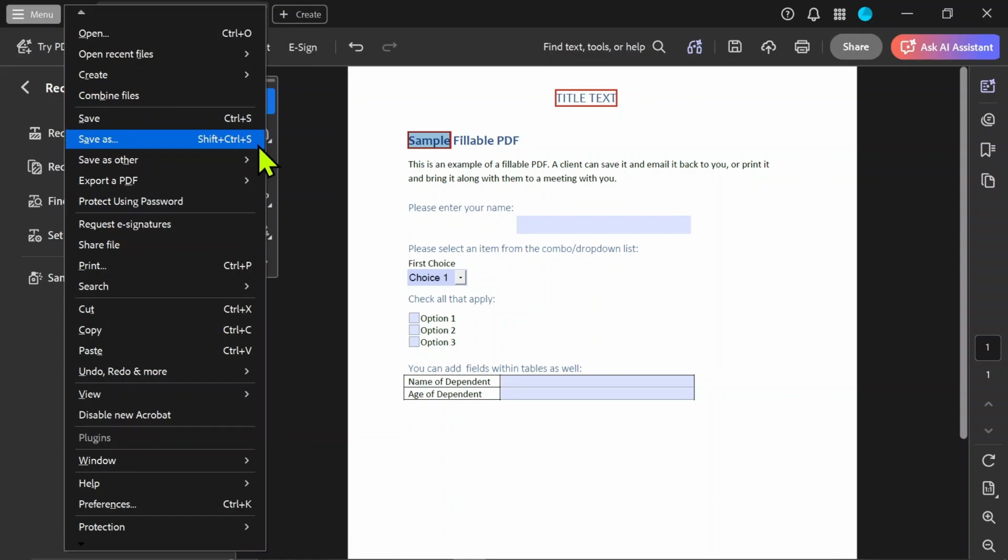So, to keep it simple, open your PDF, choose Redact, mark the content, review everything, click Apply, remove hidden information if needed, and save a new copy. And that's how you redact in